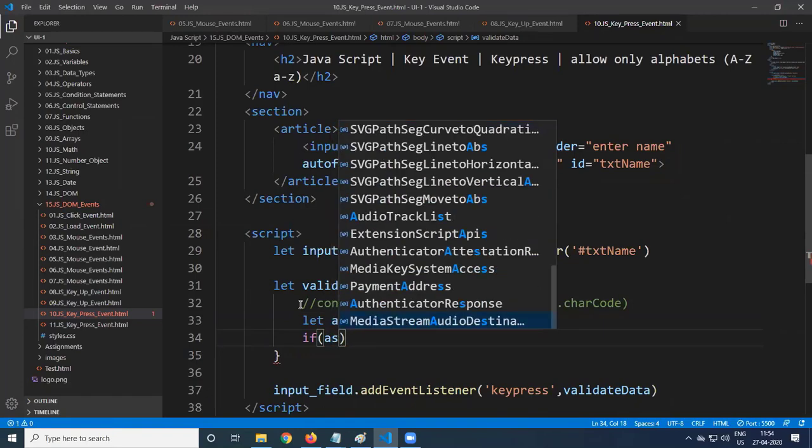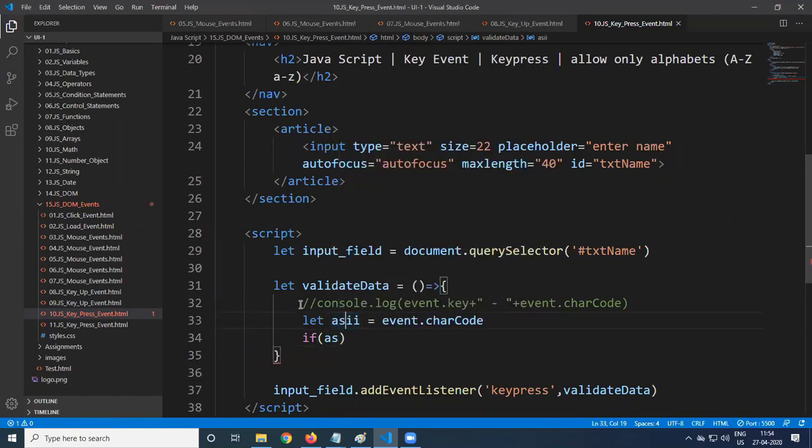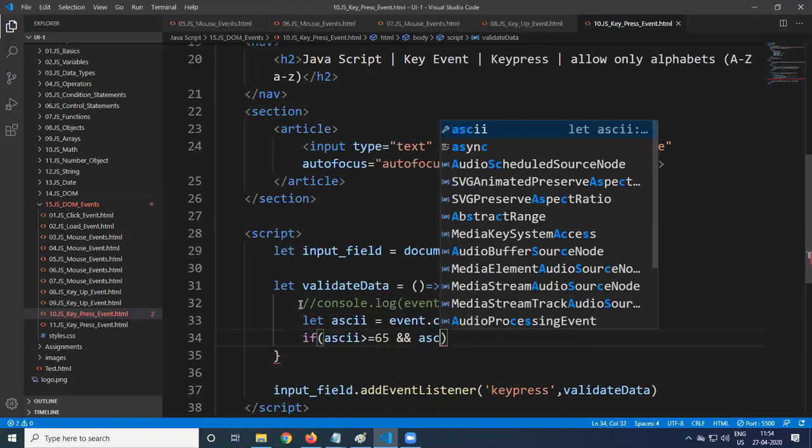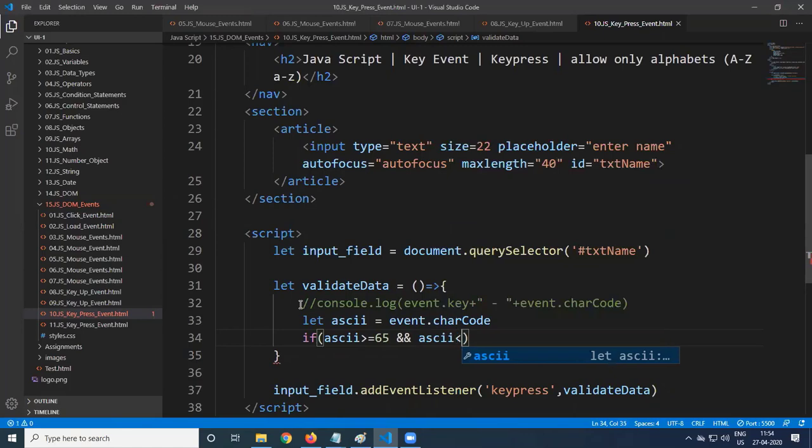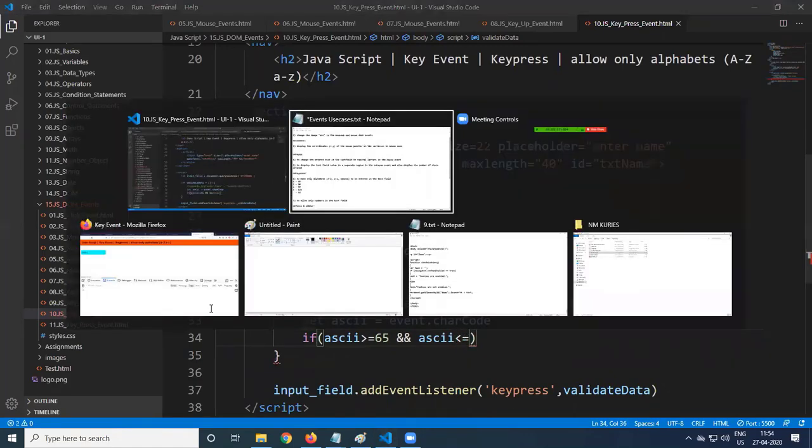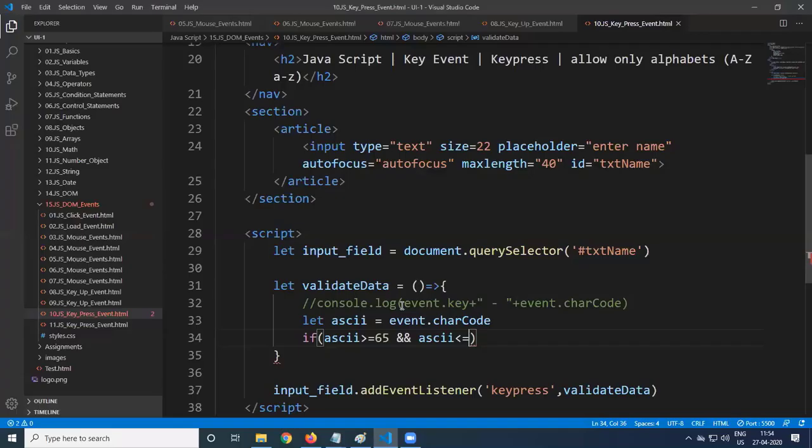So if ASCII is greater than or equal to 65 and ASCII is less than or equal to 90, okay.